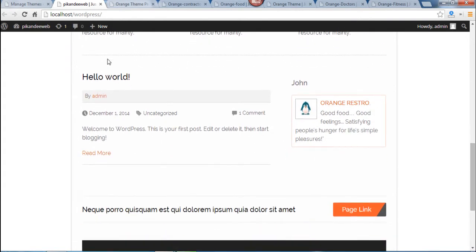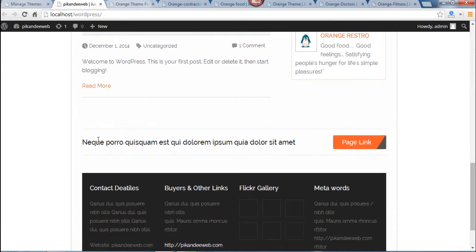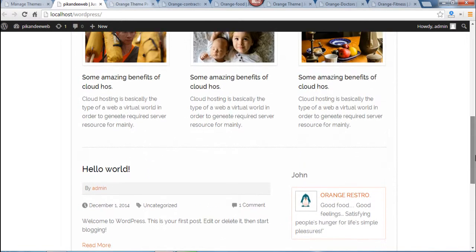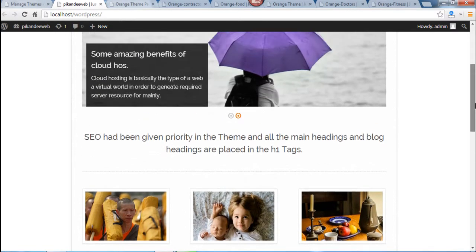This is a blog area, and this is a testimonial area. Now this is the footer heading with a page link, and this is a footer. A very beautiful Orange WordPress theme. You can see this.